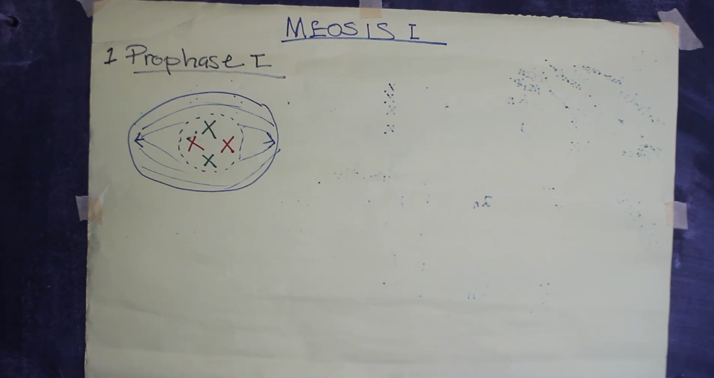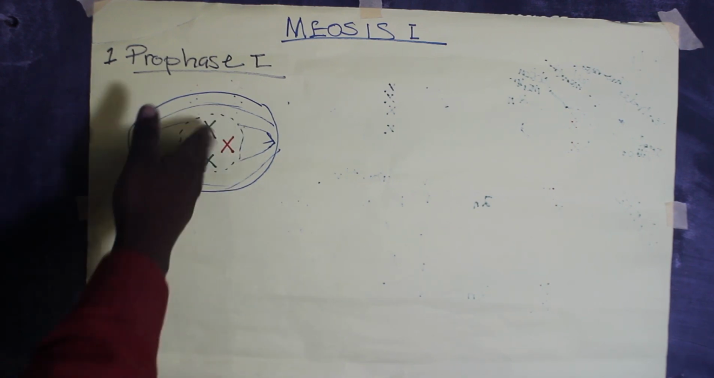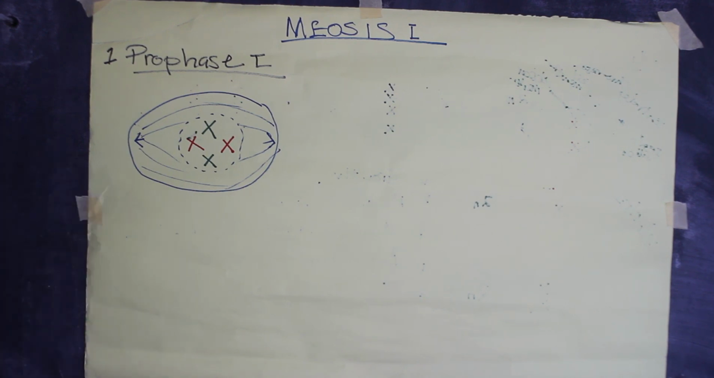When these spindle fibers have been formed, the next thing we're going to see is the nuclear membrane and the nucleolus disappearing. So the nuclear membrane is going to disappear, exposing the chromosomes. Now when these chromosomes are visible, they will start coiling and also start shortening. However, in meiosis there are certain terms that we have, such as